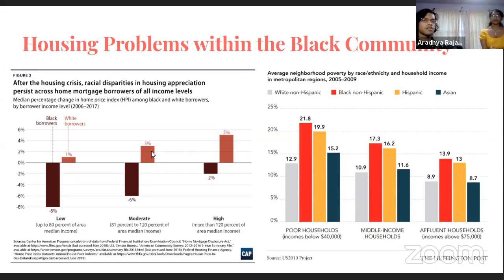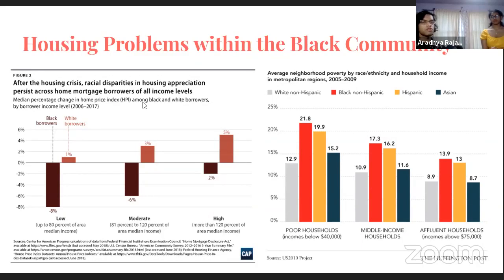And if we look at this next graph on the left, we can see that white people who tend to borrow for home mortgages tend to see an appreciation of the value of the house, versus Black people who do the same actually see a depreciation. And this appears in low, moderate, or high income houses relative to their neighborhoods. If we look at the next graph, we can see that the percent of people in poverty is again higher for Black people compared to other races. And this is true in, again, low income households, middle income houses, and high income households. So we can see across the line,